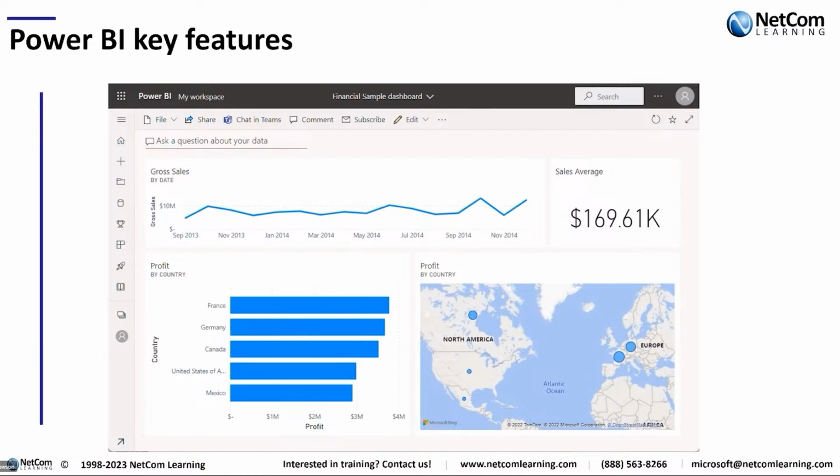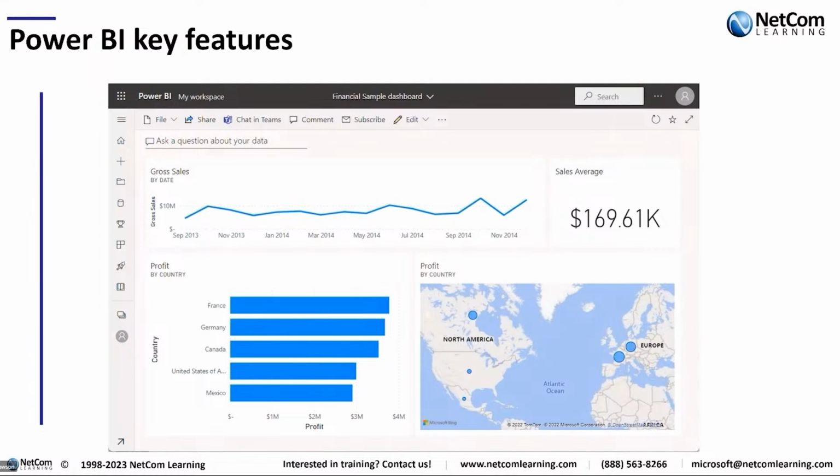Data also needs to be refreshed on a regular basis because, of course, a report is only as good as the amount of data that you have in it. So the Power BI service also enables users to schedule data refreshes for their reports and dashboards to make sure that the data is always up to date. Now, that might be based on when the report is executed, or it might be based on a time frame. In any case, you can specify how and when you want that data to be updated for the users.